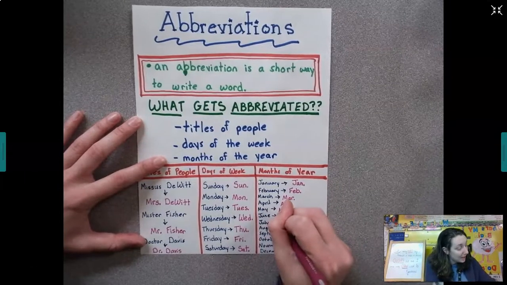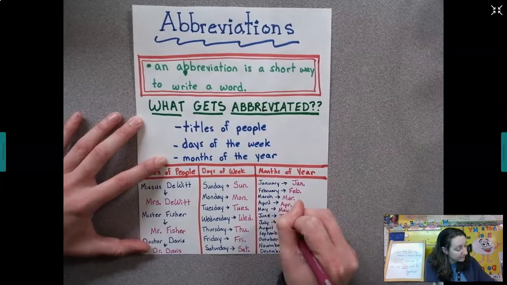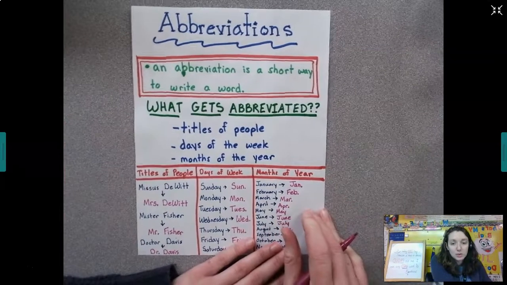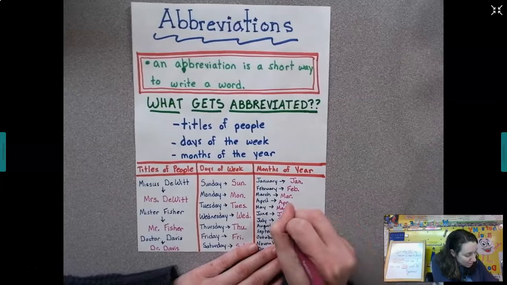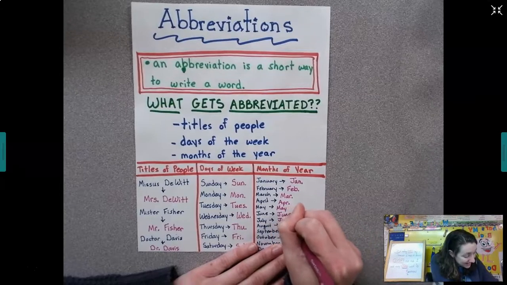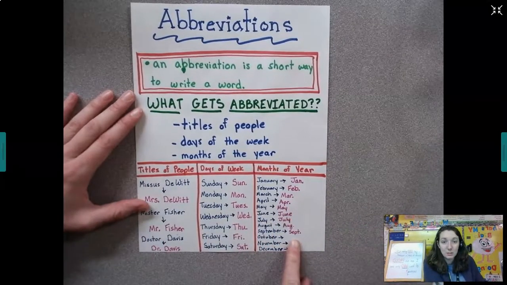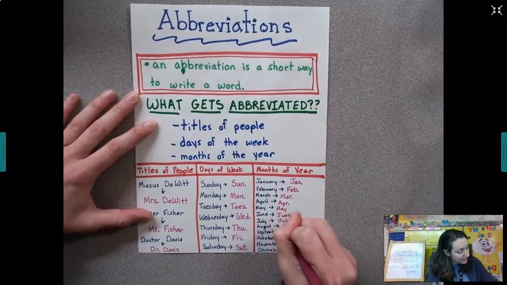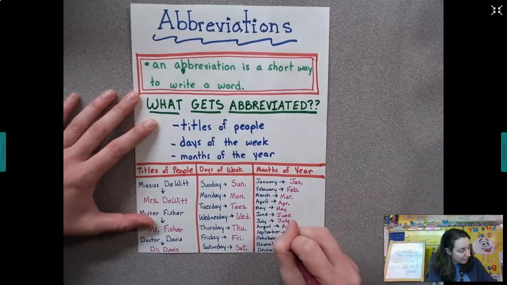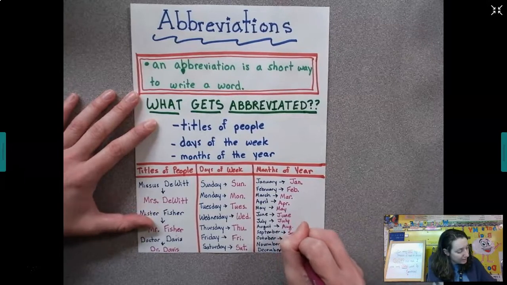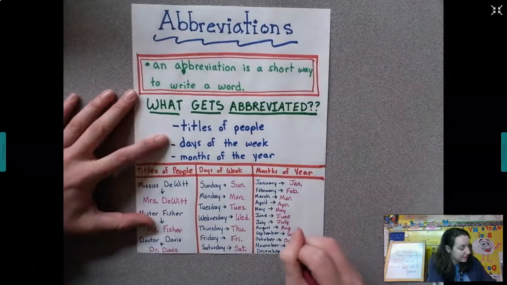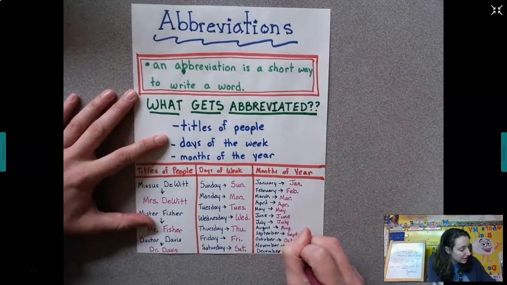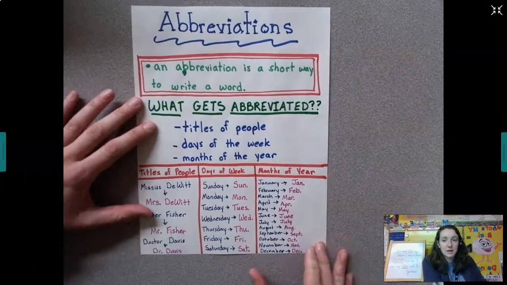August becomes A-U-G. September is one of those slightly different ones, so it's going to have 4. So it says S-E-P-T is the abbreviation for September. October is O-C-T. November is N-O-V. And December is D-E-C. Okay, so these are things, I'm going to put some things for you to practice and other resources to help you kind of memorize them,